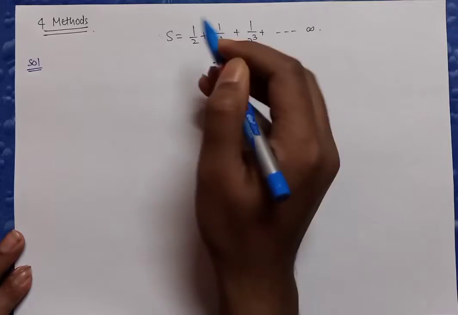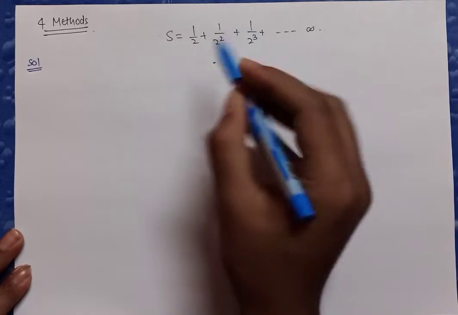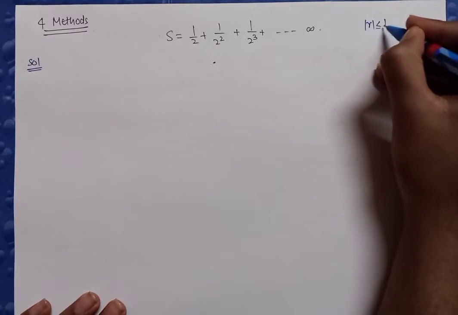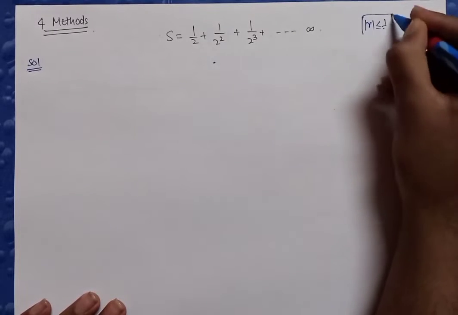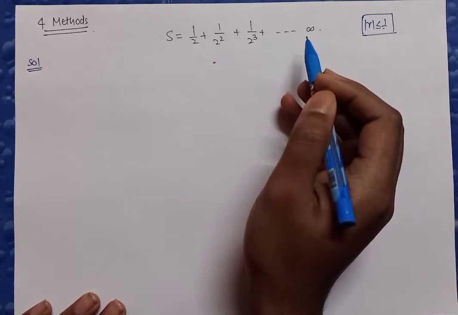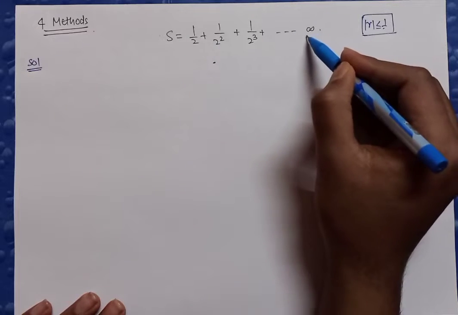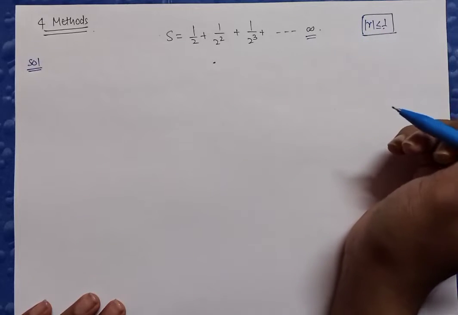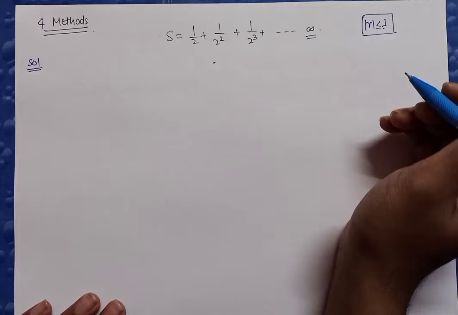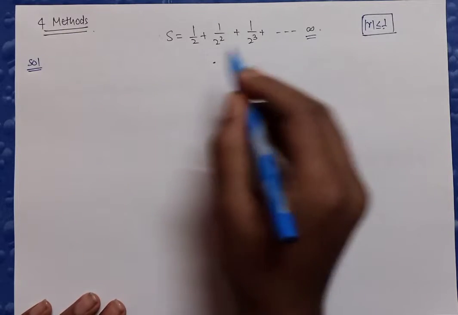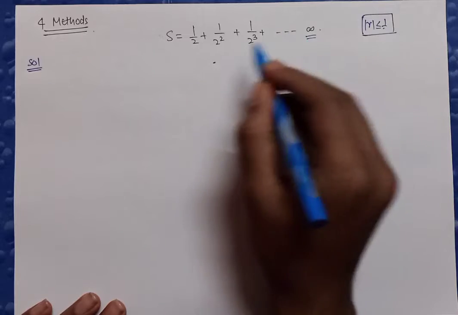Today we are going to discuss a well-known series, that is a geometric series with a common ratio less than 1. And everyone knows that this series is a convergent series. That's why, despite having an infinite number of terms in the summation, we are going to get a unique value of its sum. So today I am here with four very different methods to solve this problem, that is a convergent geometric series.